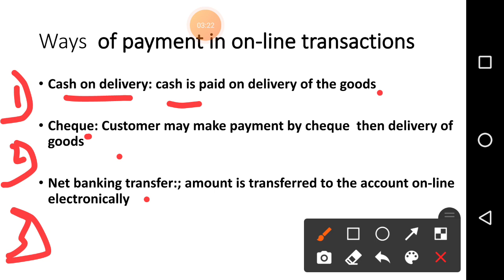The amount is transferred to the account online, electronically. For example, if you are purchasing a t-shirt worth 500 rupees, you transfer to their account number and the money goes from your bank account to theirs. You don't have to go to the bank. Sitting at home, you can do it through mobile.